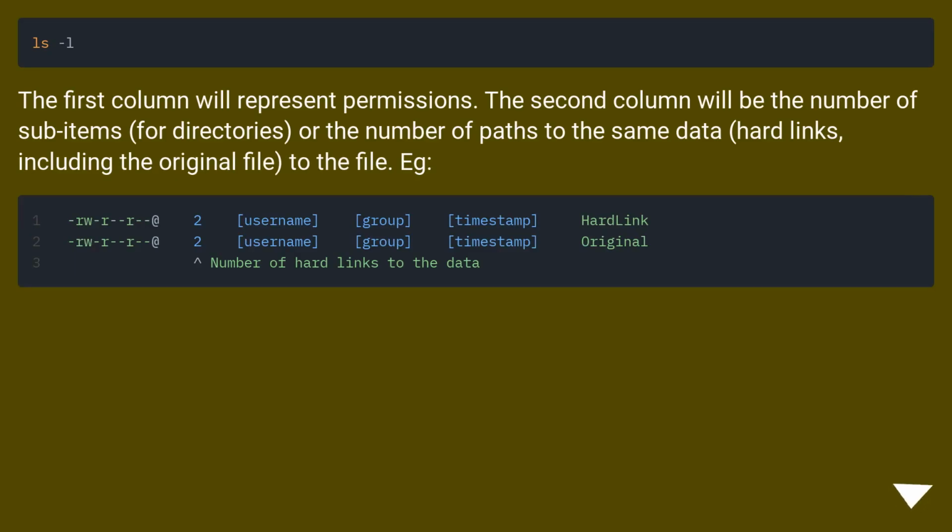The first column will represent permissions. The second column will be the number of sub-items, for directories, or the number of paths to the same data, hard links, including the original file, to the file. E.g.,